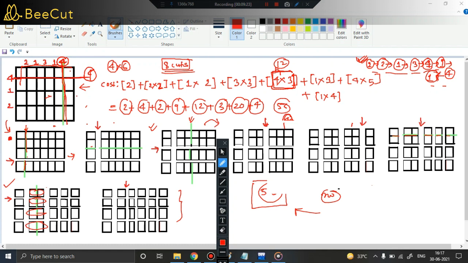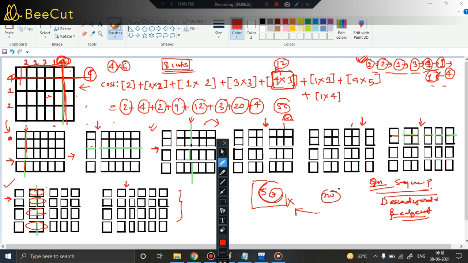So the idea to solve this particular problem is to use the higher edges in the initial stages. Cut along the higher edges in the initial stages and follow the descending order of cutting. So this was 56, right? And this is not optimal. So the question is, what should be the sequence? The sequence should be descending order of edge cost.